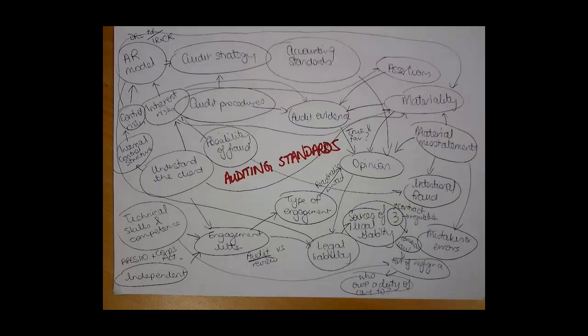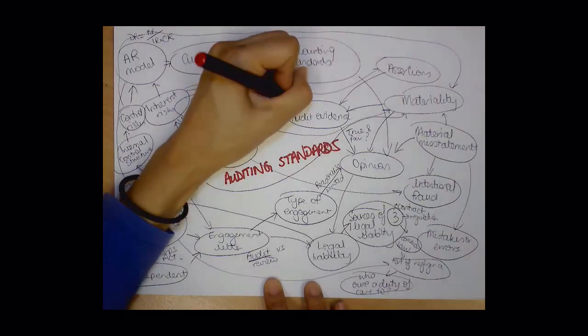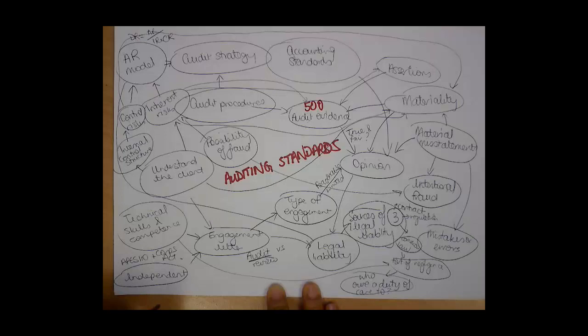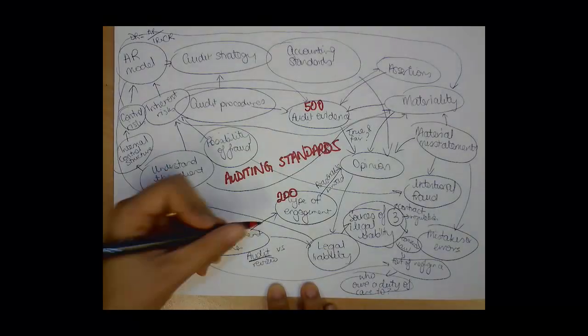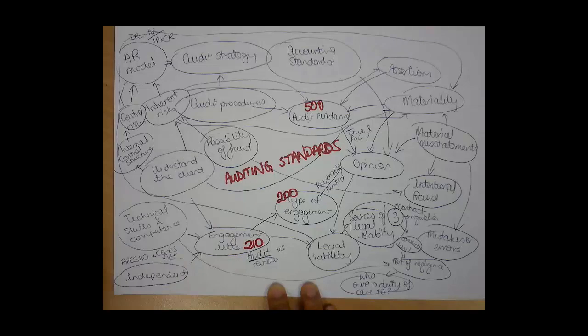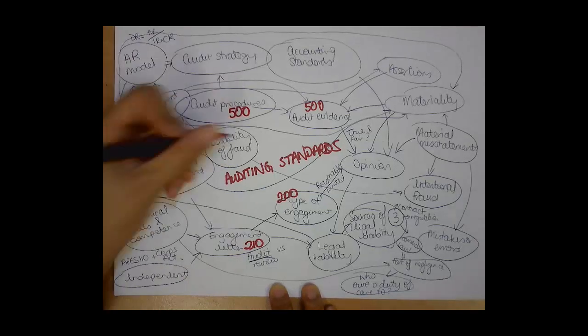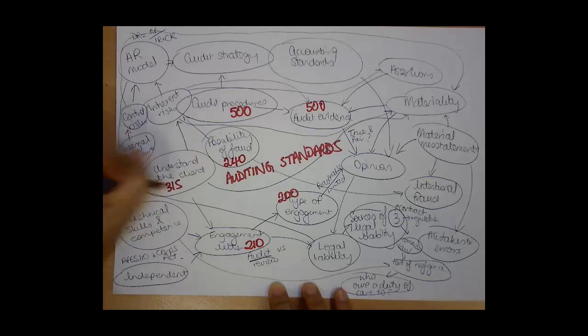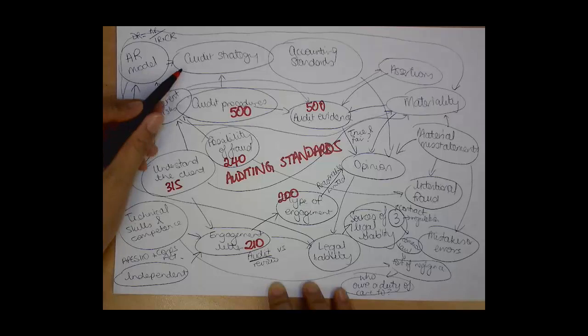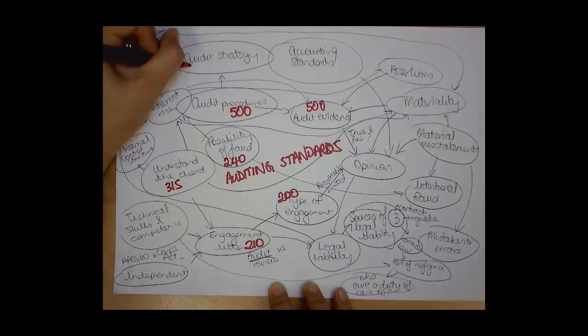So audit evidence is ASA 500, types of engagements and the level of assurance comes out of ASA 200, the engagement letter is ASA 210, audit procedures are contained in 500, considering fraud is in 240, understanding the client is in 315, responding to our audit risk model and developing and responding to risks is 330,